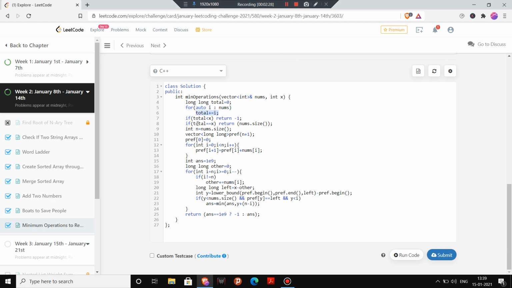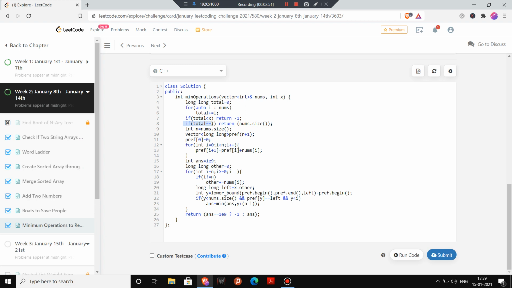Okay, now if my total is less than x, then I will return -1. As the sum of every value doesn't go equal to x or greater than x, it means that it is impossible to make the sum x. Okay, as every value is greater than x.